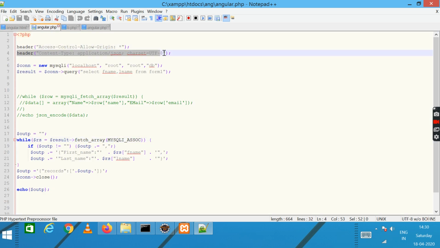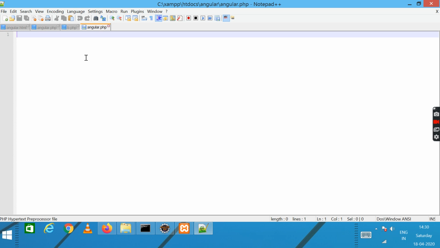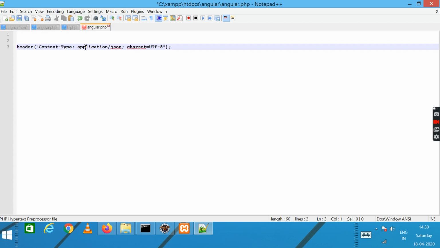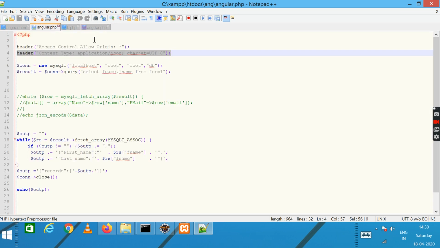So I'll be writing the first part. The first part is writing the headers in PHP. I'll tell you why I am writing these two headers.